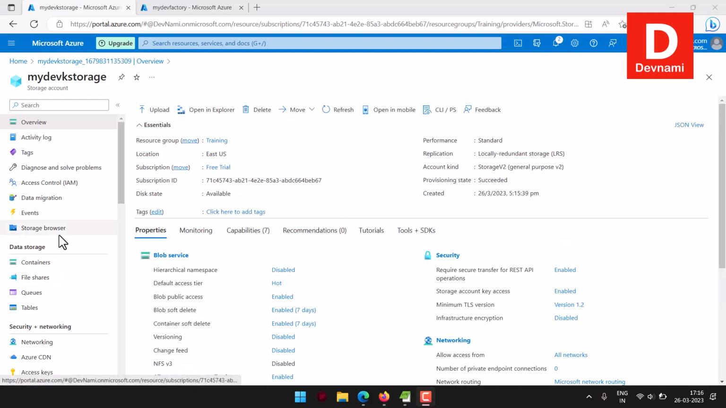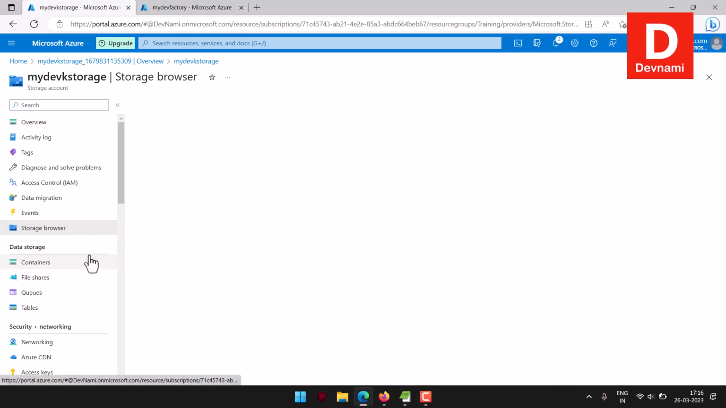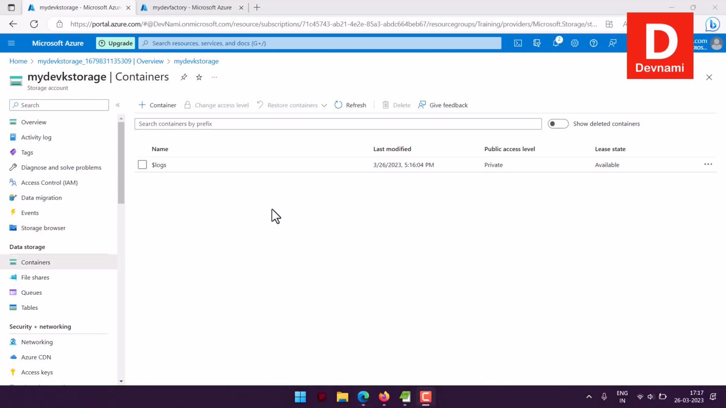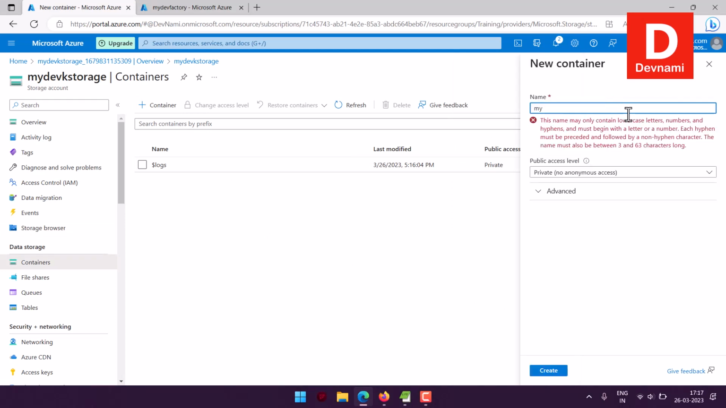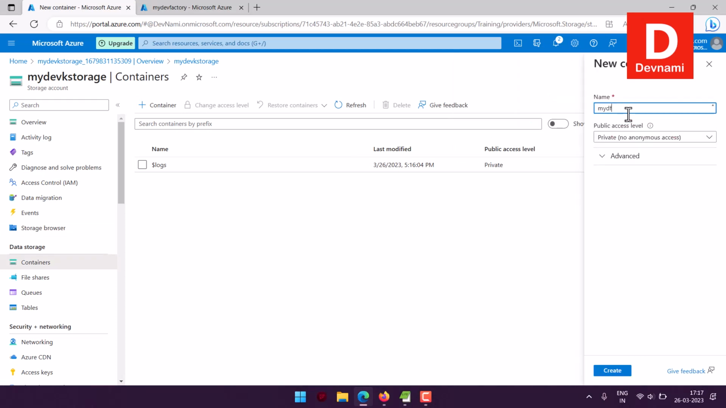I will just go to storage browser, and within browser I will upload one of the CSV files in blob option, right? So we will create a container for that first, and within the container we need to set things up. Now once you reach the container, click the plus icon, type in, let's say, my data factory demo as your container